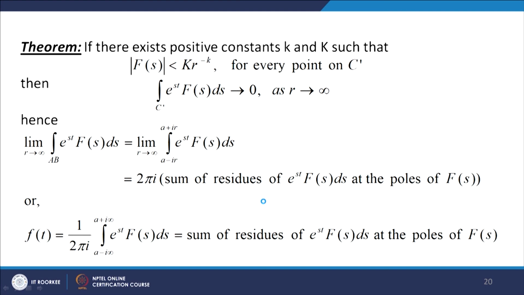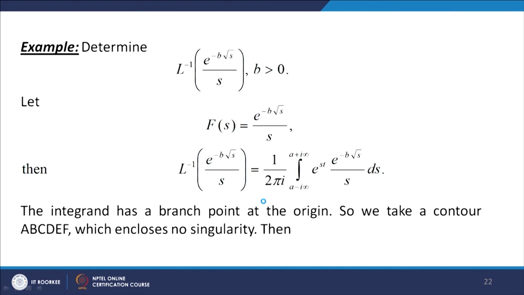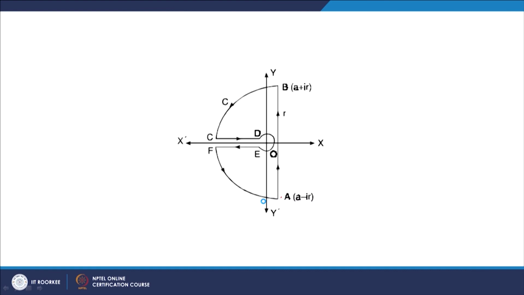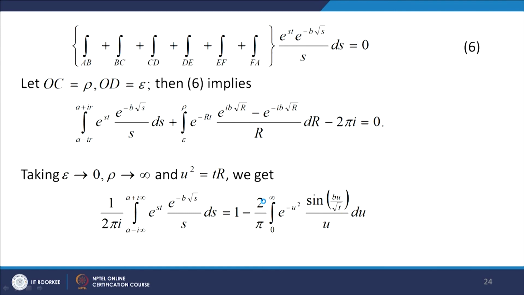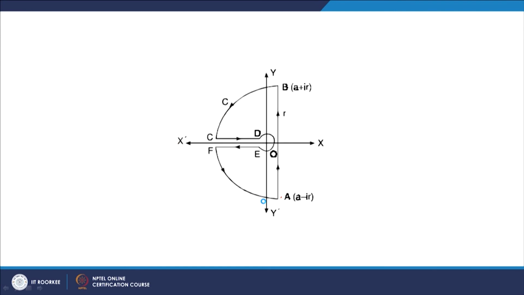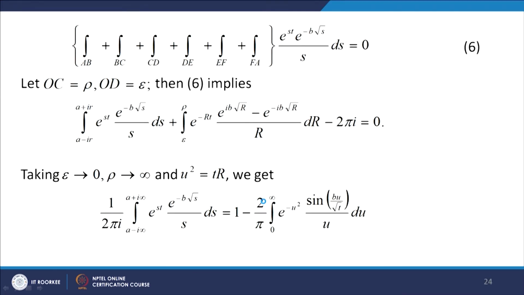So, what happens is that the integral over BC and FA goes to 0 by that theorem, because mod of F(s) is less than some constant over s and some constant over R. So, that goes to 0 as R goes to infinity. So, this integral over BC and FA goes to 0, and if you take OC equal to